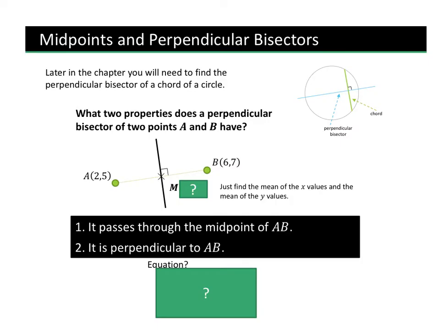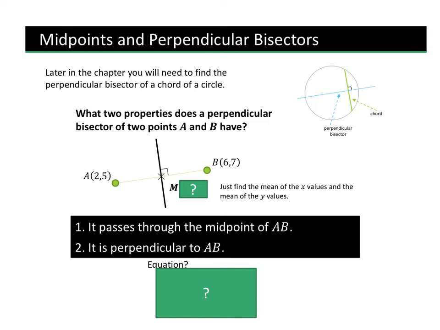So, we know that if A and B are perpendicular, okay, what do we know? Absolutely. If we multiply the gradients of this line and this line, we will get -1. So, to find the perpendicular bisector, first of all, we can find the gradient of A and B,